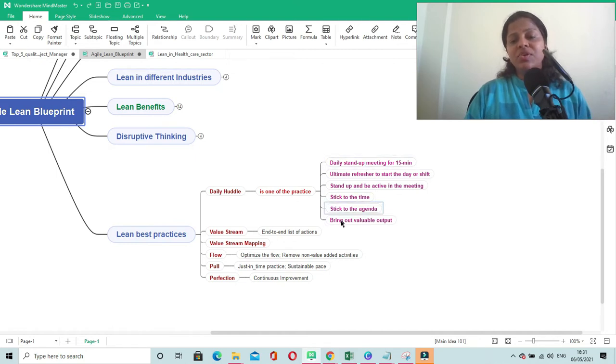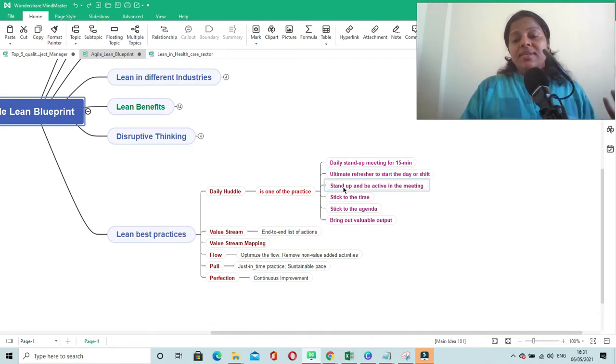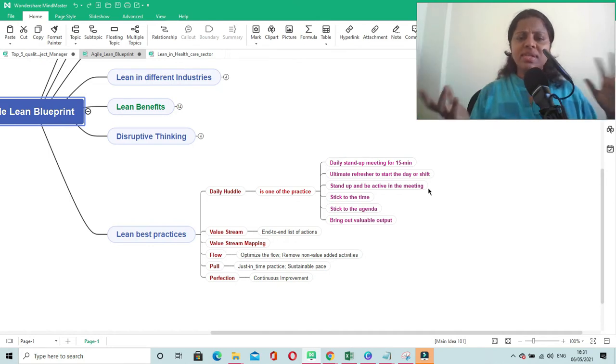So here you can see the daily stand-up meeting, it should last for 15 minutes, and it should have the right agenda in place for the team so that there will not be any confusion for the team. Stand up and be active in the meeting. They should not take hours and hours to discuss what is happening and what they are doing.